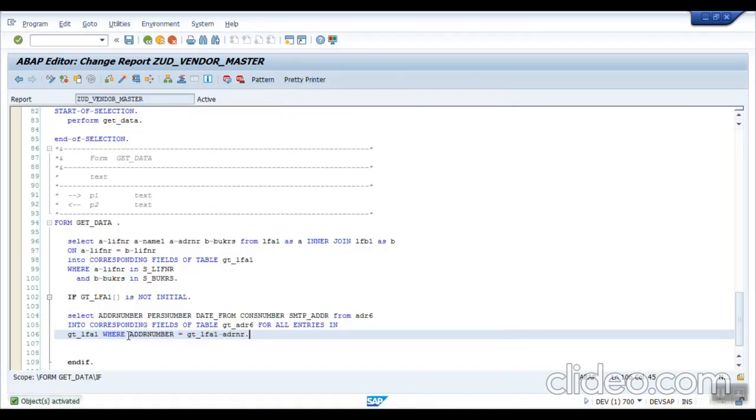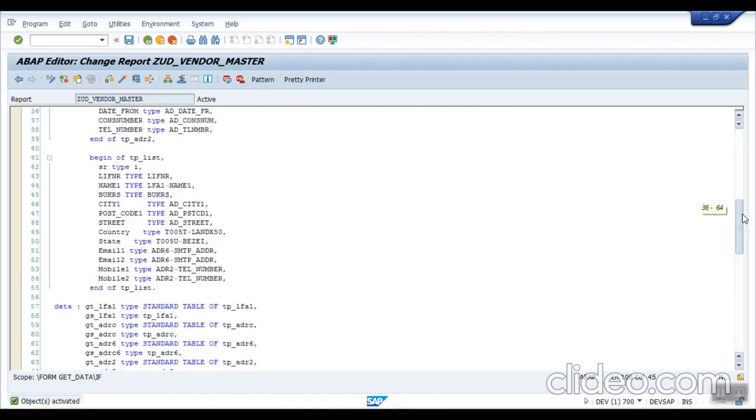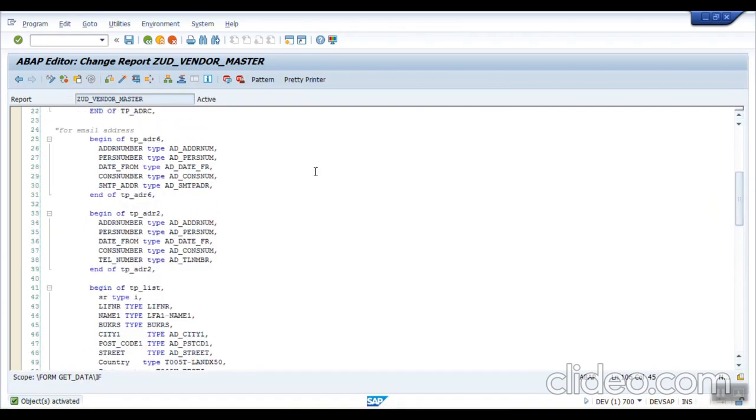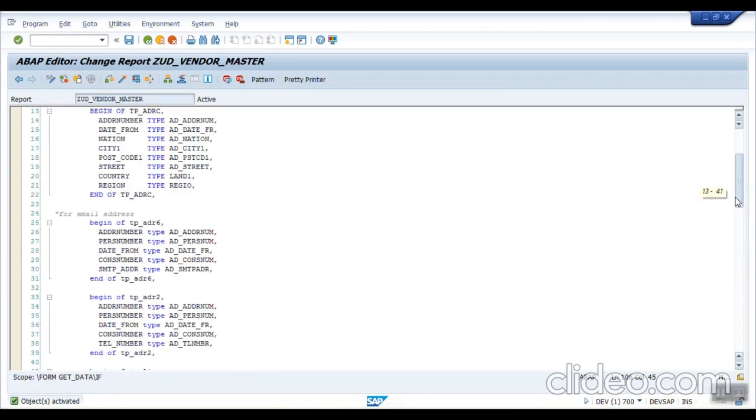Here even the field name is different, but the data type and the length should be same. Okay. Oh, I selected ADR6 first, so before that I also have to select data from ADRC table.